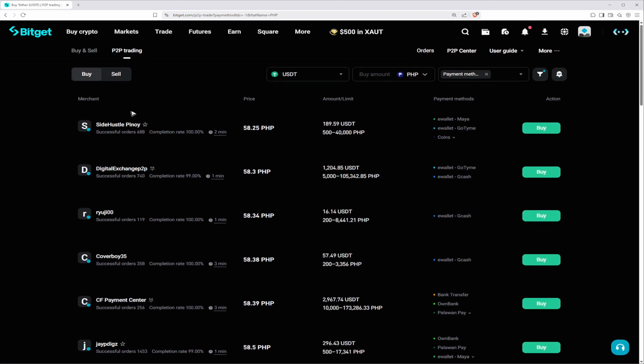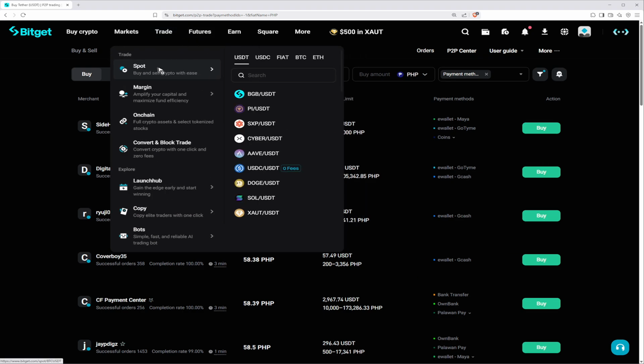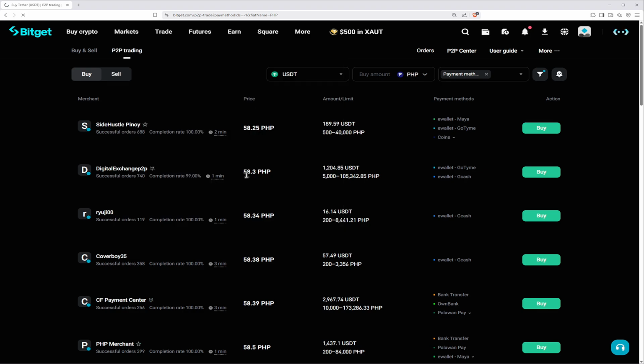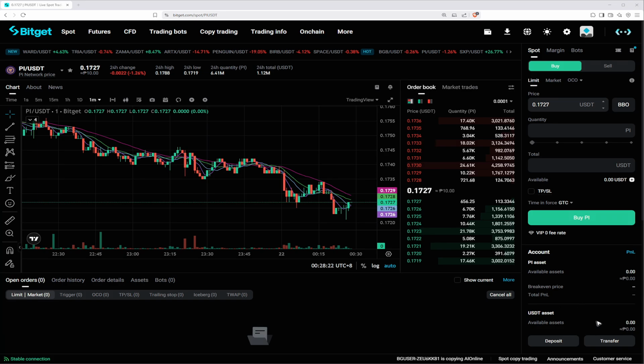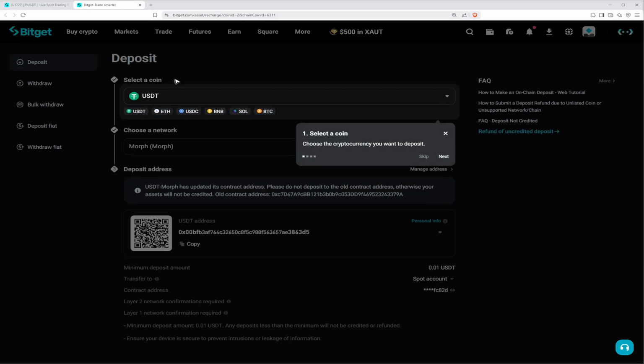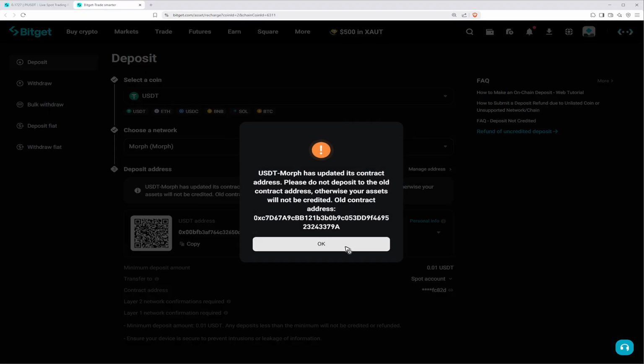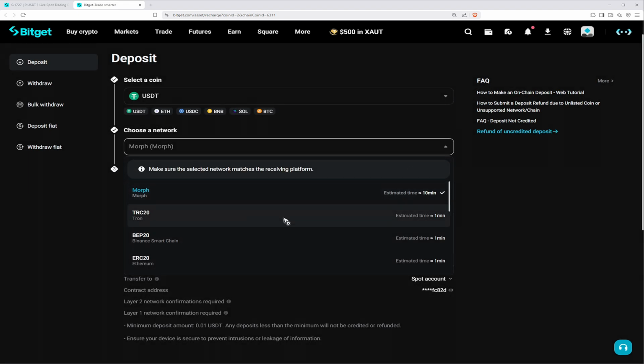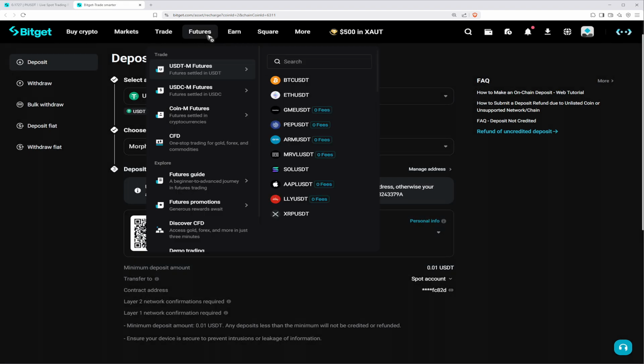So let's just talk about spot right here real quick. Spot, basically select the trading pair. For example, buying in USDT right here. I'm going to click on it. And by the way, if you don't have assets under your spot account, you can just go ahead and click on deposit. Now deposit which coin? Of course, USDT. Select the network. Or you could go ahead and go to your futures